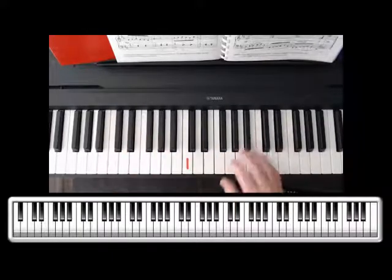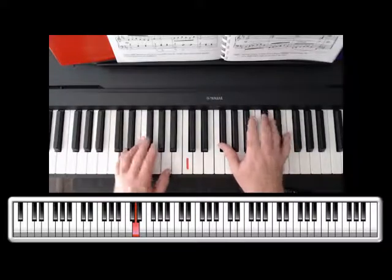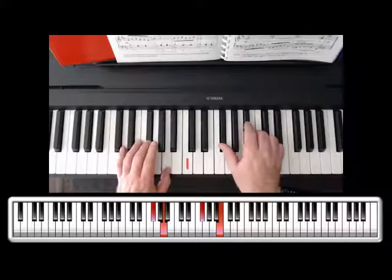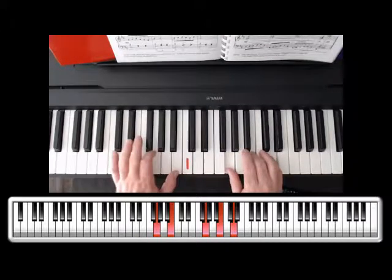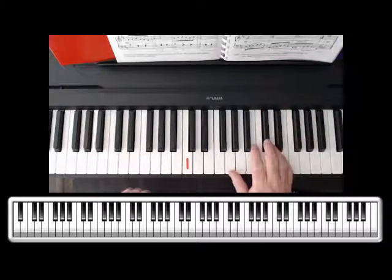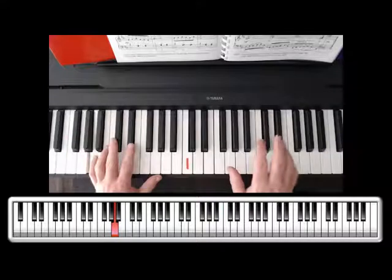So when we put that together with both hands, together, right, together, and then left has beat 3, and right has the second half of beat 3, and then we go on. So practice that when you put it together, practice that very, very slowly. So the next measure, right hand there, we have G and C sharp, and it starts on the upbeat of 1. So the left hand has 1,